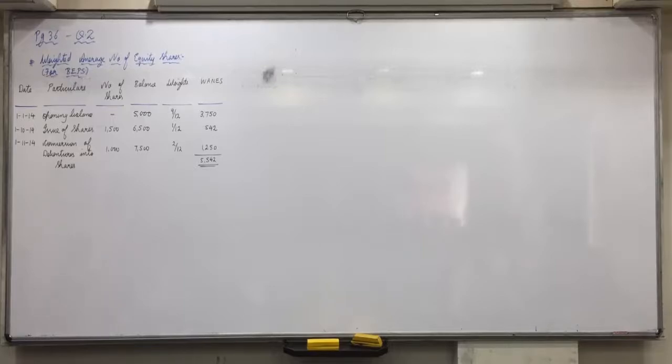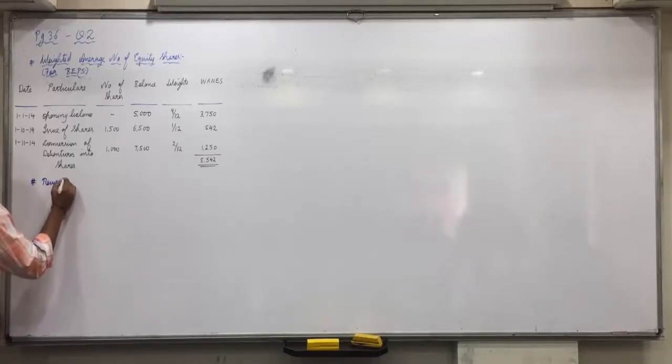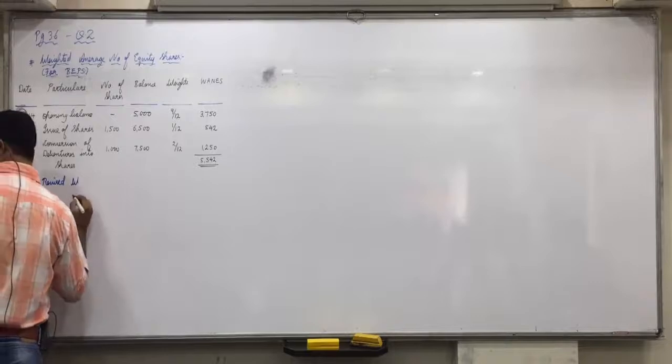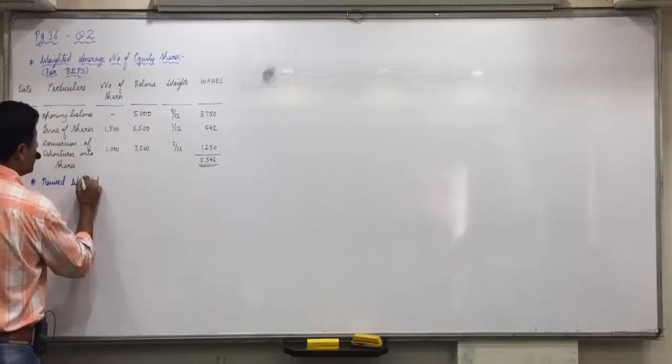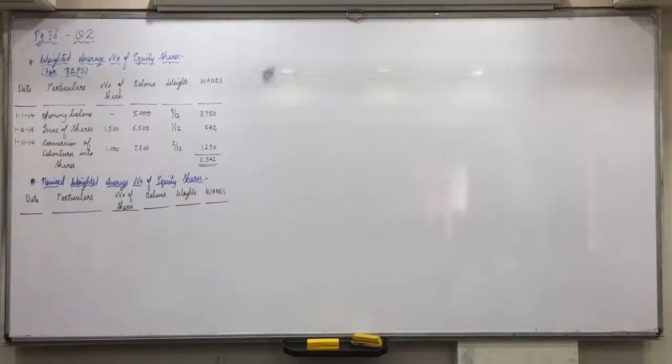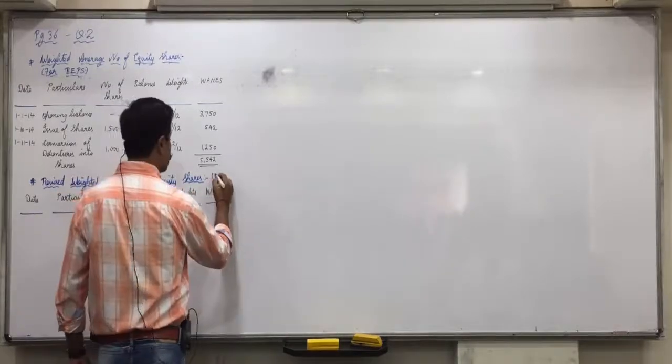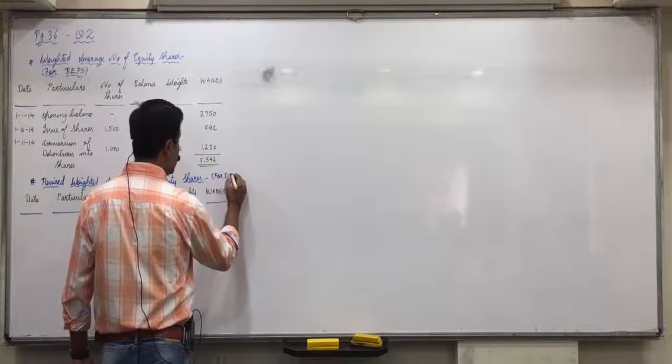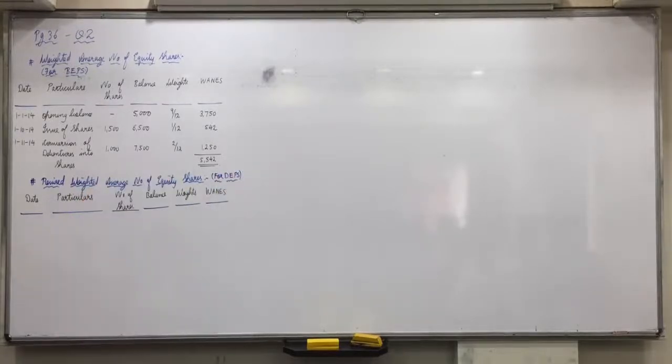Now we find it for diluted EPS. For diluted EPS, what do you call it? Revised weighted average number of equity shares. Do your work without talking. In bracket you mention for diluted EPS, okay? This is for diluted EPS. We're still making the columns. Column made. Now, in diluted EPS, Richard,